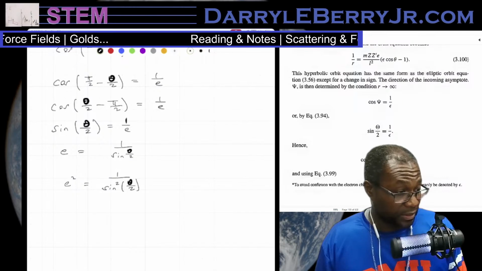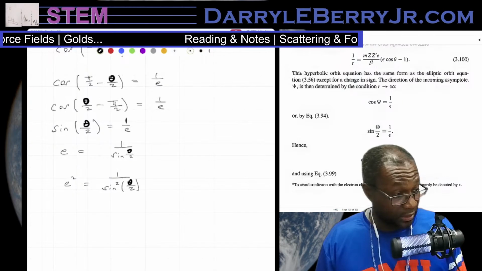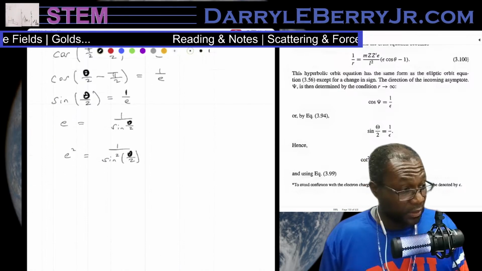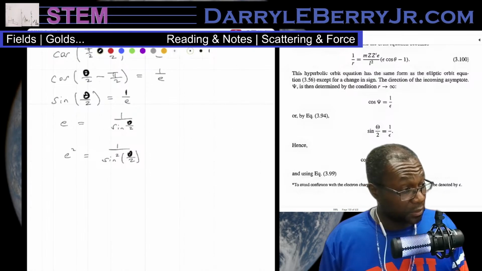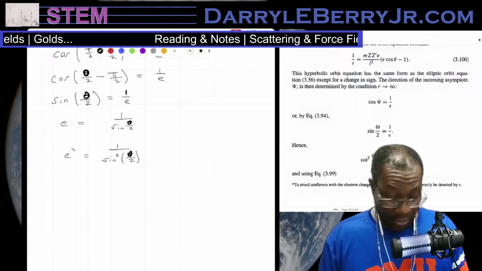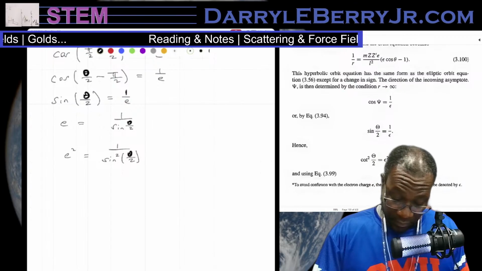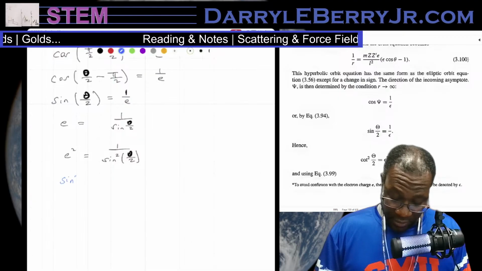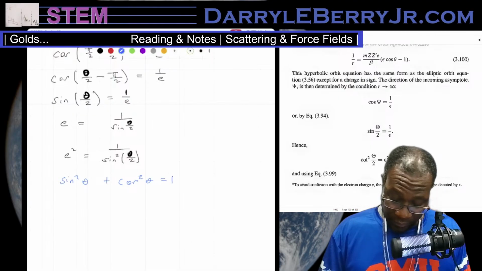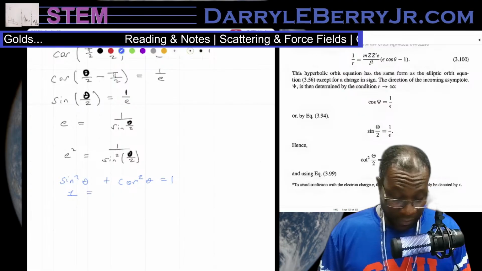And we're trying to get to this E squared cotangent ugly thing. So we have sine squared theta plus cosine squared theta equals 1. So 1 equals